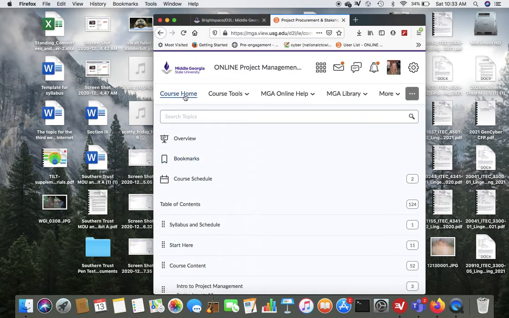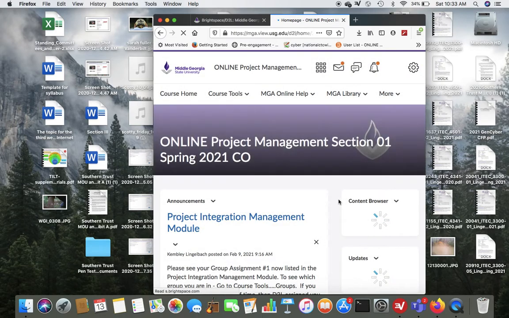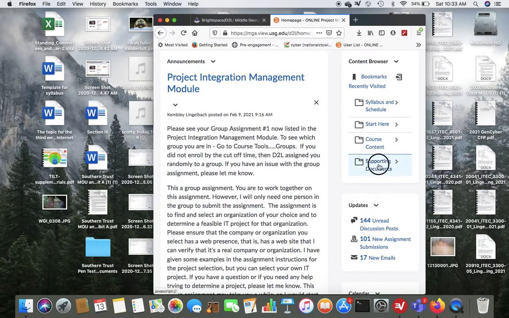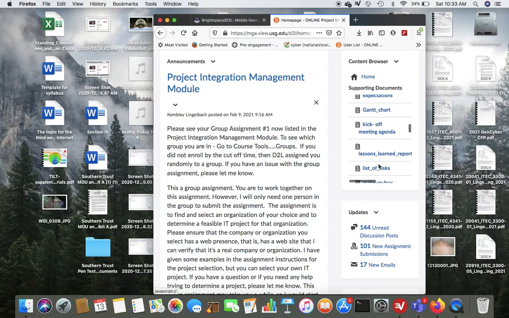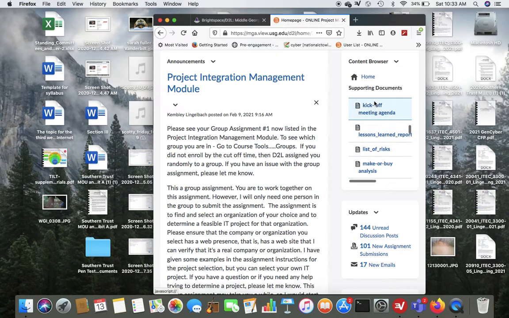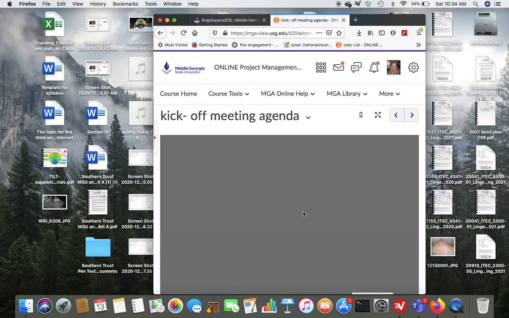I'm going to go back and look at the templates. Let's go to Course Home. It's easier that way. Under Supporting Documents, all of these things here are, there's a kickoff meeting agenda, lessons learned report. These things will help you generate your project plan.